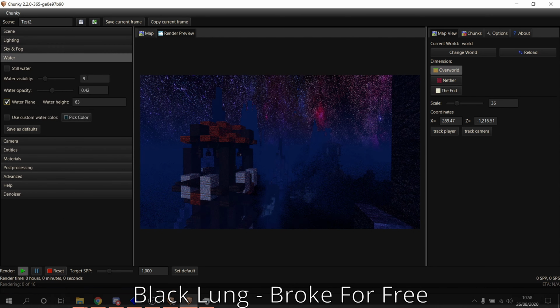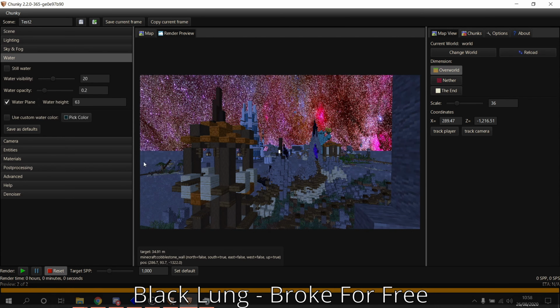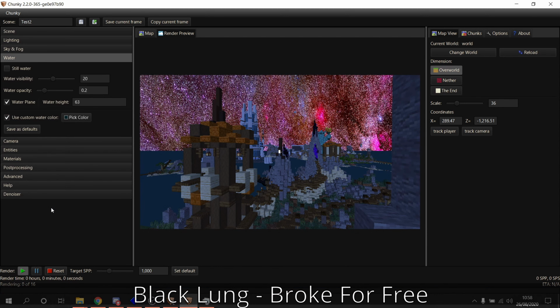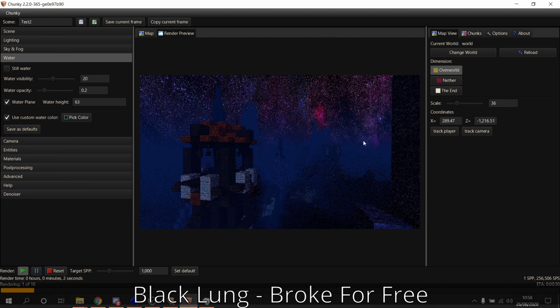Probably a good idea to enable the water plane and just set up the water. So the water plane, if I just reset this, just gives us this sort of fake water off into the distance there. Give the water its typical colour. I mean, you're not really going to be able to see the water there, but we may as well enable it. This is starting to look okay in terms of the presentation here,